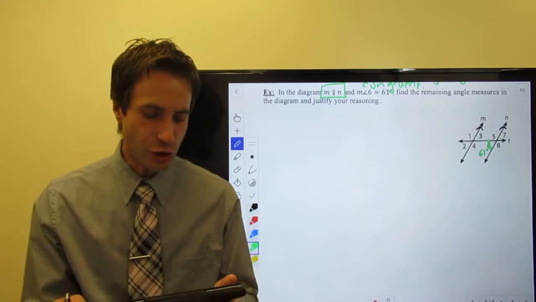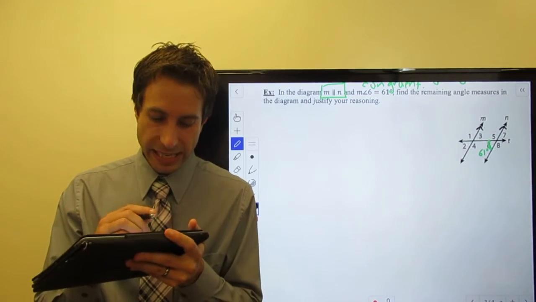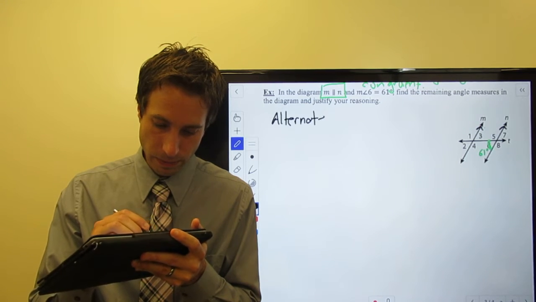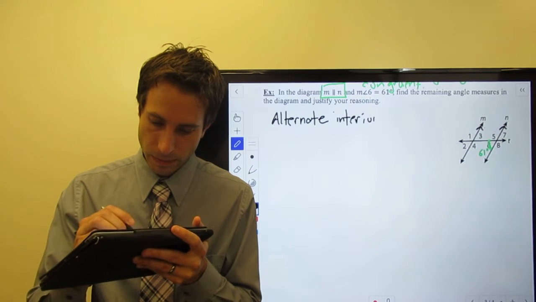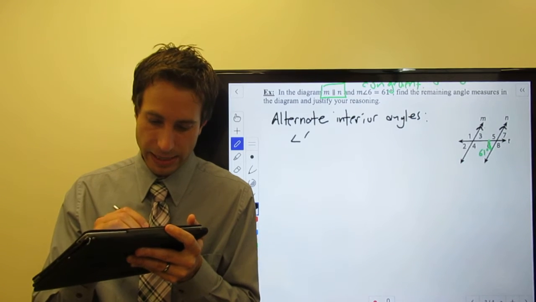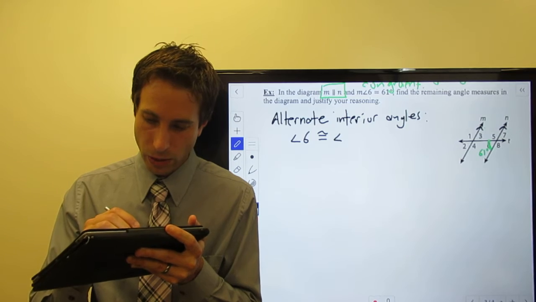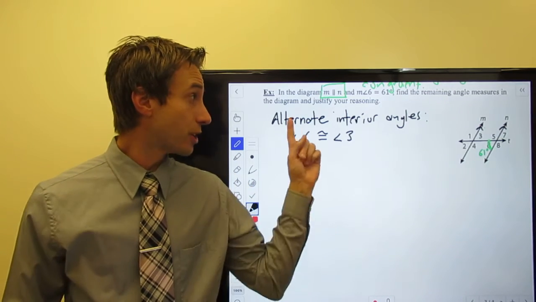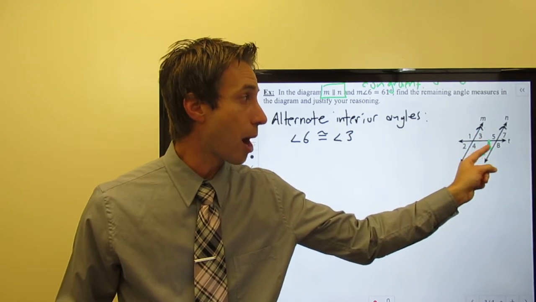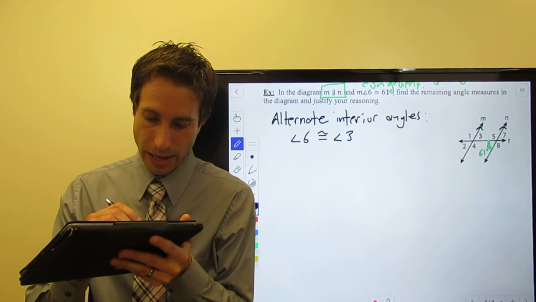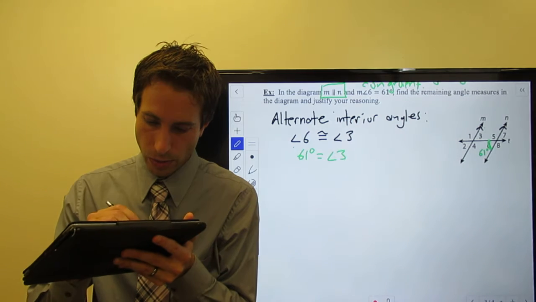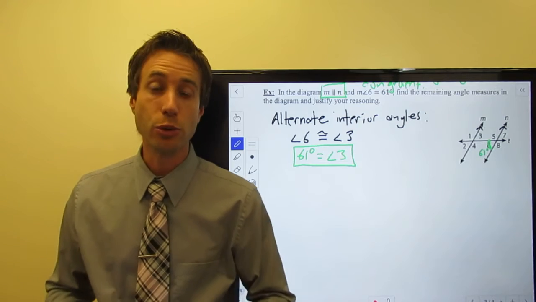First of all, let's just use alternate interior angles. Alternate interior angles means that angle 6 is congruent to angle 3. That's what the alternate interior angle theorem says. 6 and 3 are interior angles on opposite sides of the transversal, so they have to be congruent. That means the measure of angle 3 is also 61 degrees. All right, there's one. Now, we're going to use